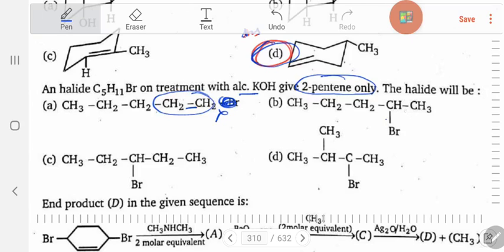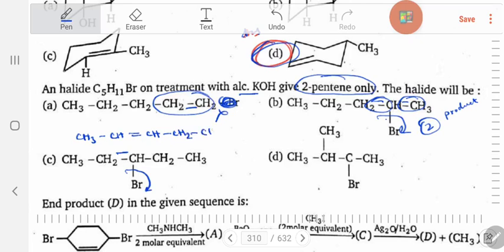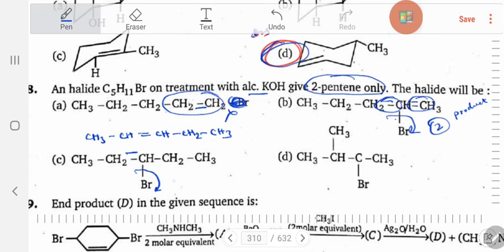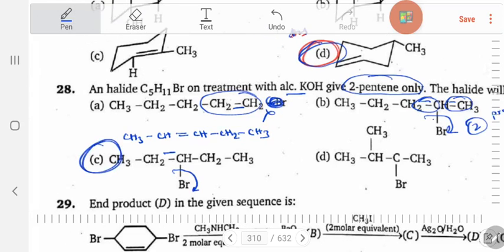Now when this is lost, you may get a double bond here or here after losing this. So here one possibility, here one possibility. So you will get two possible products. Of course, Saytzeff product is major, Hofmann product is minor. Now if you go for this, you may get a double bond here or here. Whether you get a double bond here or here, you will get the same product, CH3-CH=CH-CH2-CH3. What is the name of it? 2-butene. If I form a double bond here, that is also 2-butene. So the correct answer is C.